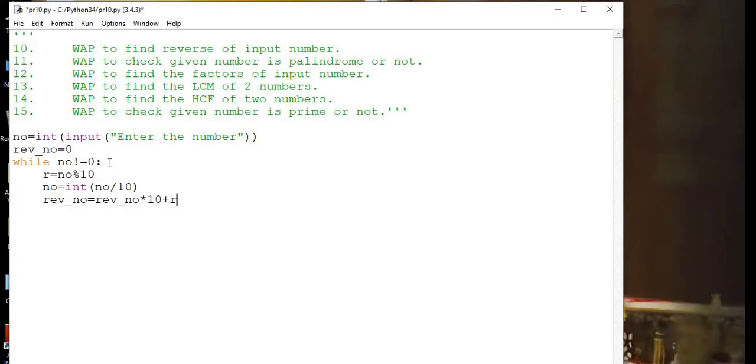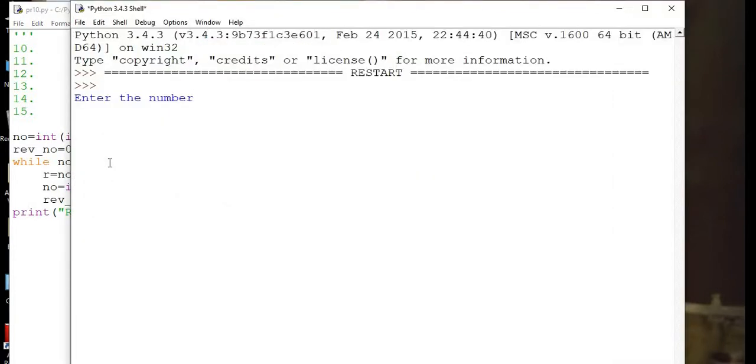So in this way you will get the reverse number, and print this reverse number. Now save the program and run it. Enter the number 2345, and you will get 5432.